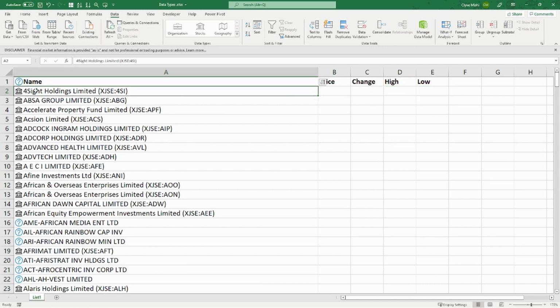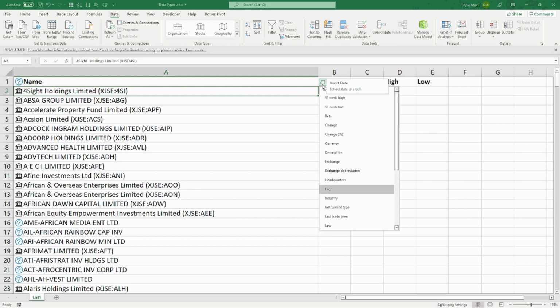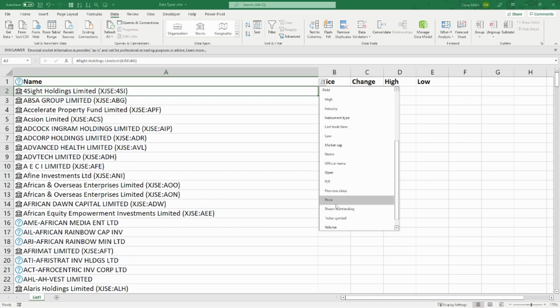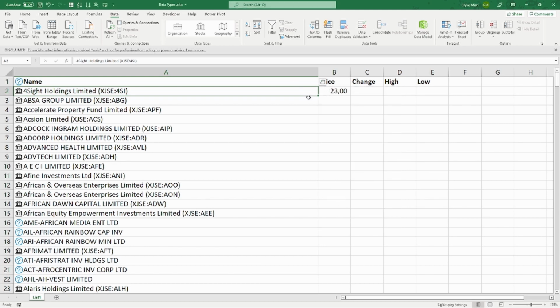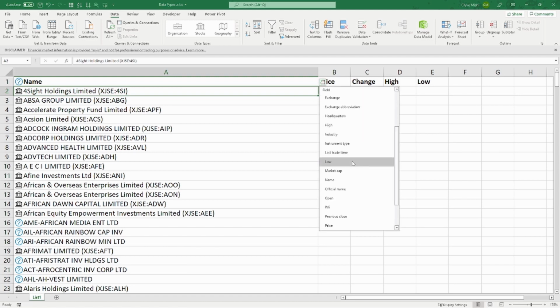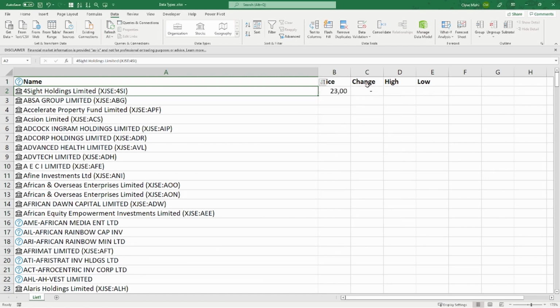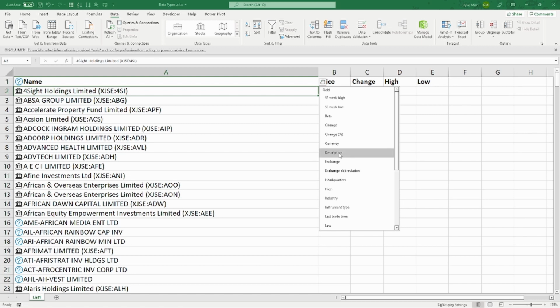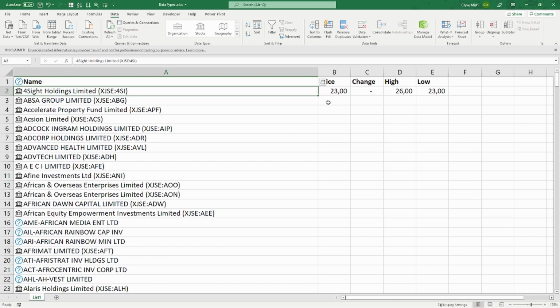To do that, if I have a defined data type which is stocks, I can simply click here on the plus and say what extra data I want to add. The first data I want to add is the price. So what is the price of my share? Here there is the price, 23. And if I want to put the current change of the price, I can just say change. So there is no change in price. And if I want to pick up the high, I pick the high, and I pick up the low as well. So to just show you that it's picking up the data straight from the JSE market,